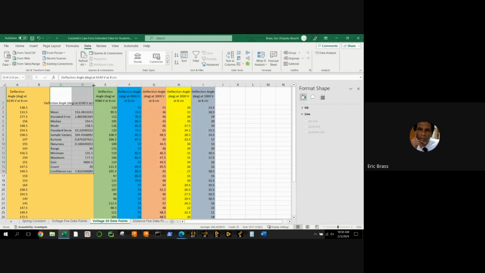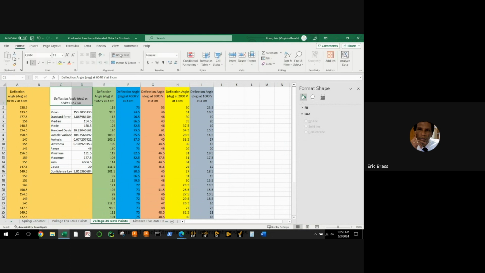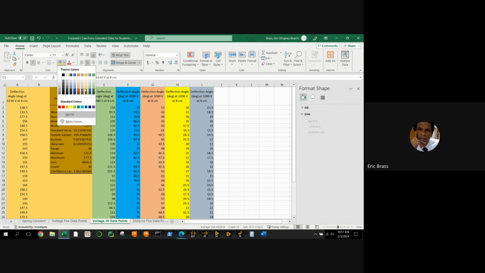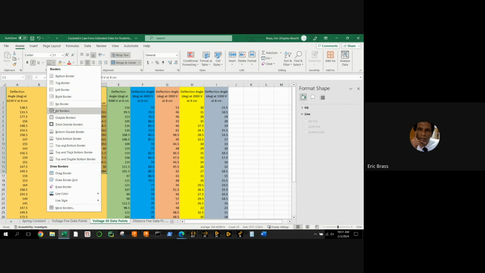And what I am going to end up having, I'm going to take these two. And I want to wrap my text. I want to merge and center. And I also want to pick this color. What is this color? Okay. To make sure that I stay with it. I think it's, yep, there we go. So if I open this up a little bit, and even if I go ahead and use these borders, you